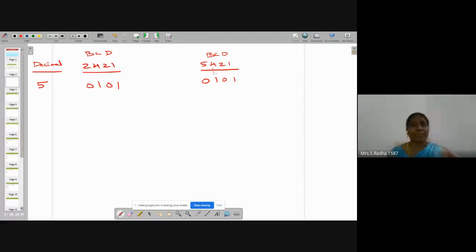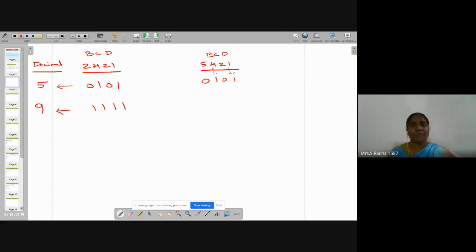Okay, position value and face value you have to multiply so that the value should come back as decimal value 5. Okay, I will take another case. If I consider a decimal number 9, how to represent it in BCD 2421? Decimal 9 I am taking, how to represent in BCD 2421 means you can put all ones. This is 9. Okay. But here it will not be like that.